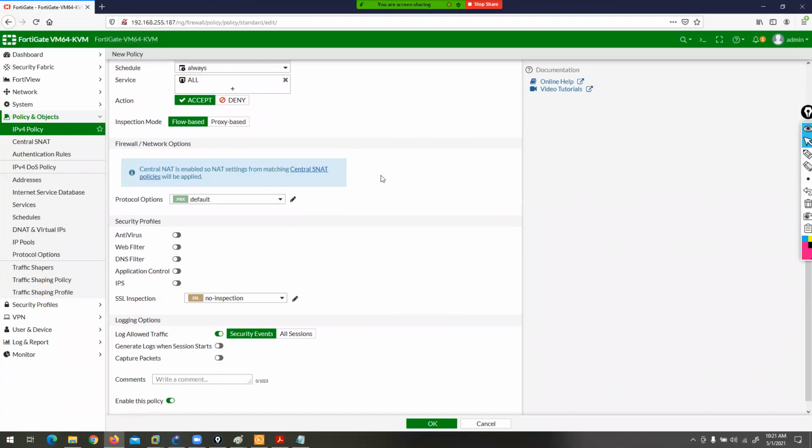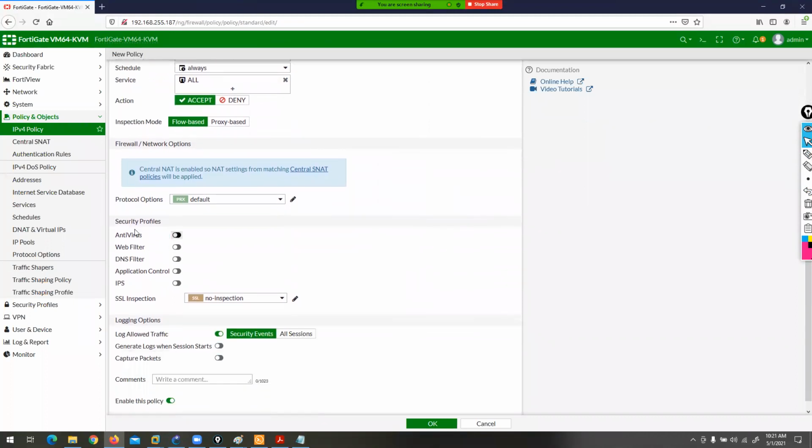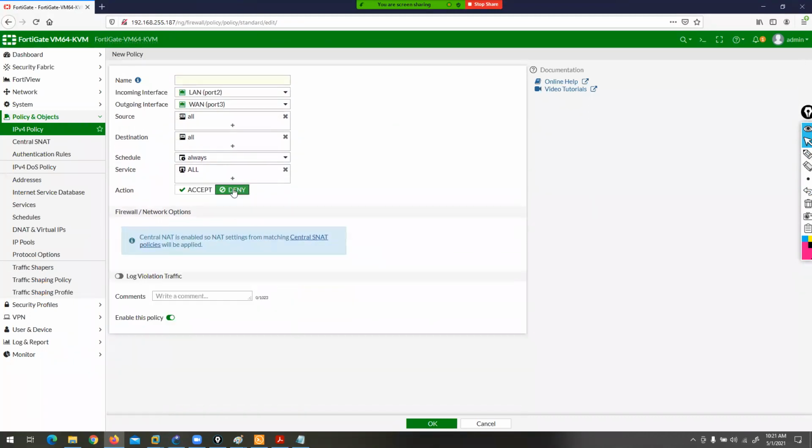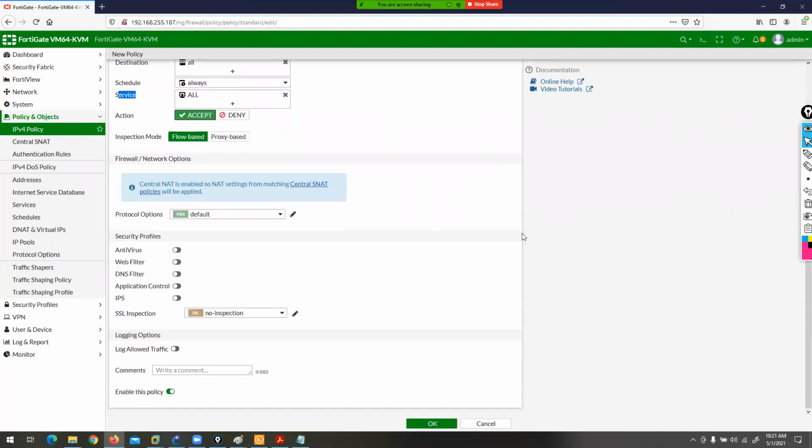Now here is the option. If you match this traffic and the action is accept, you can select these options. But if you select deny, it will match all the traffic and just deny it. It will not go and check the rest. It only verifies incoming interface, outgoing interface, source, destination, schedule, and services, then denies. If you select accept, it means traffic is allowed.